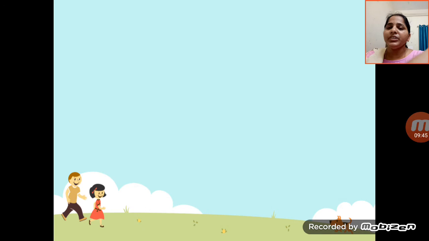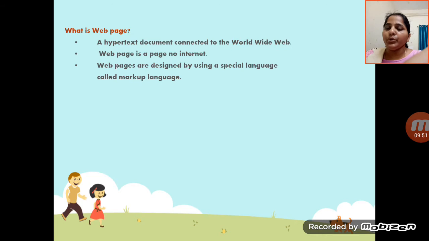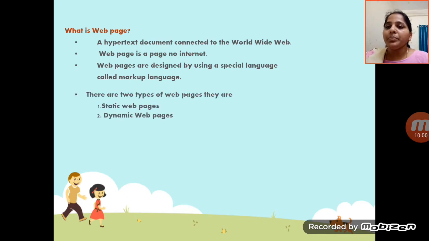After that, what is a web page? Whenever we want to design a website, we should know about a web page. A web page is a hypertext document connected to the World Wide Web, www, which has a connection in between.